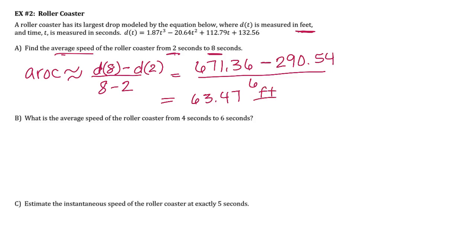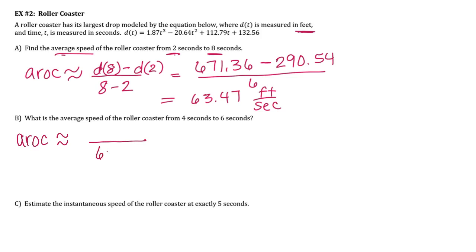Feet, and then the time was seconds. So in part B, we're asked to find the average rate or the average speed of the roller coaster from 4 to 6 seconds. So working this out, again, we have our average rate of change is approximately, and we're going to have our quotient,